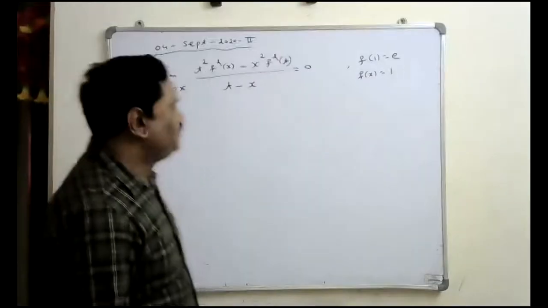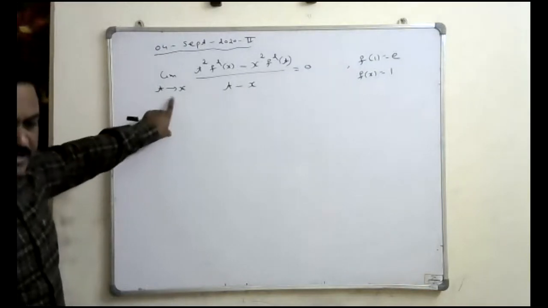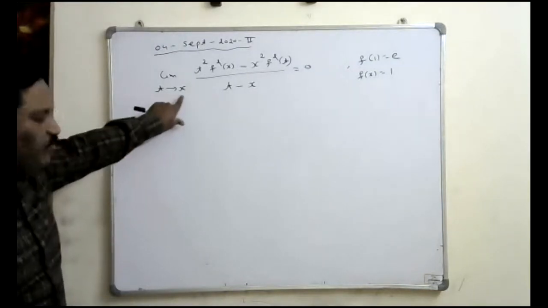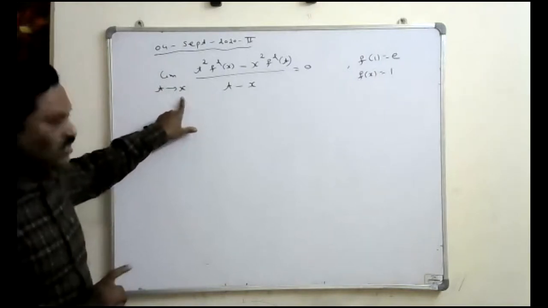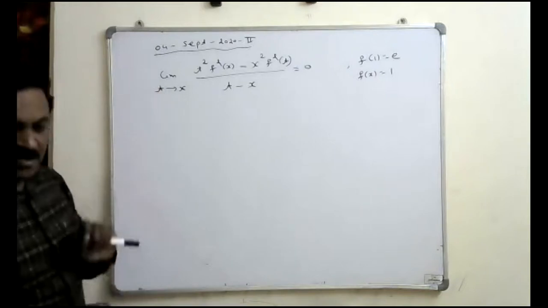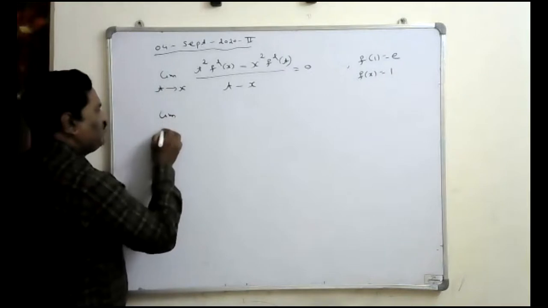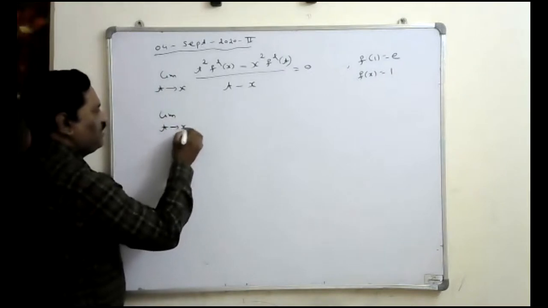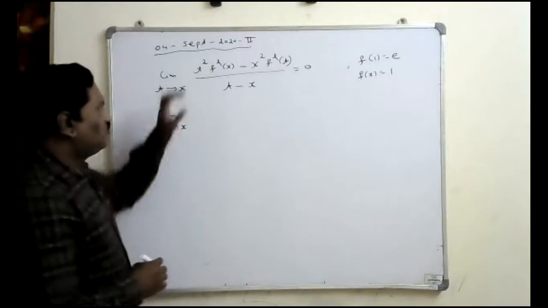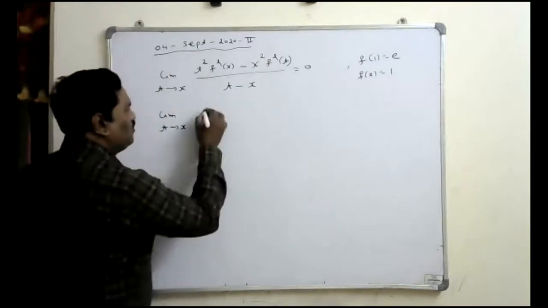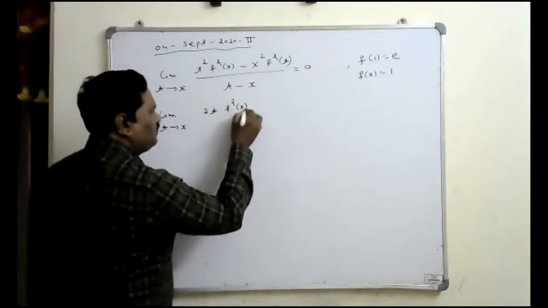Just observe here. It is given that t tends to x. Limit t tends to x means t is going to approach x, so here t is the variable but not x. If you substitute t tends to x, we get the 0 by 0 form. So we should go to L'Hospital. Apply L'Hospital. Here t square's derivative is 2t. f square of x is a constant, let it be.